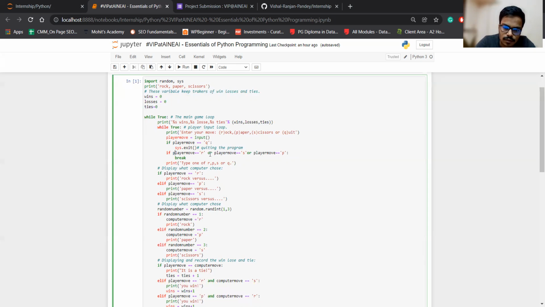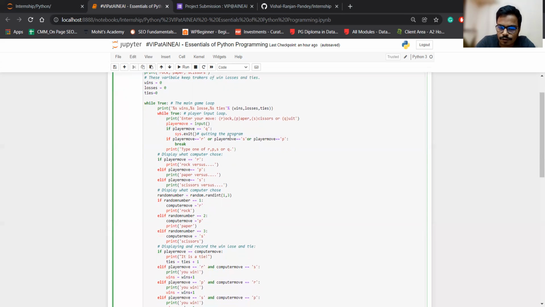If player move is equal to r, or s, or p, break, which means we are breaking the nested loop. We are asking this loop to stop here. If a player is typing anything else out of this, then we are asking the player to type only R, P, S, or quit.